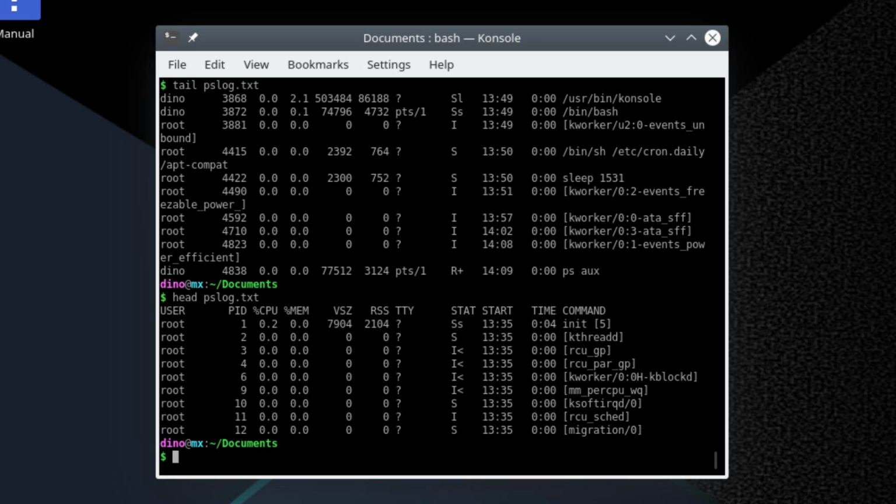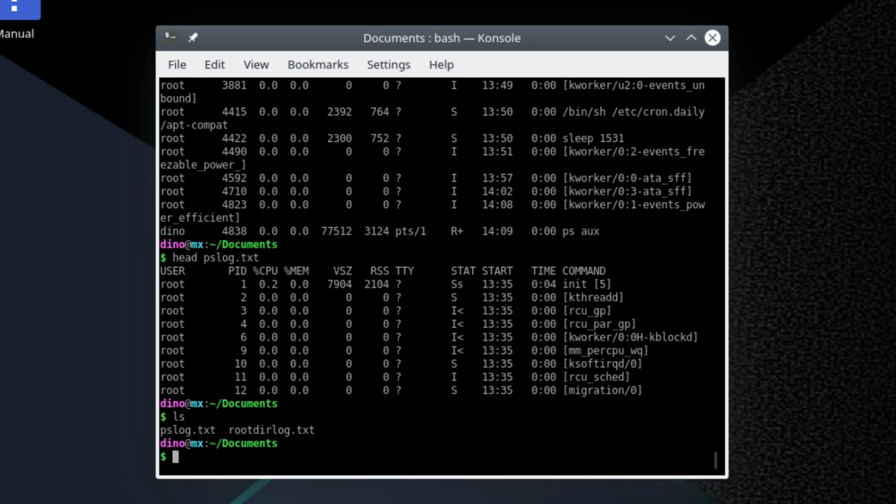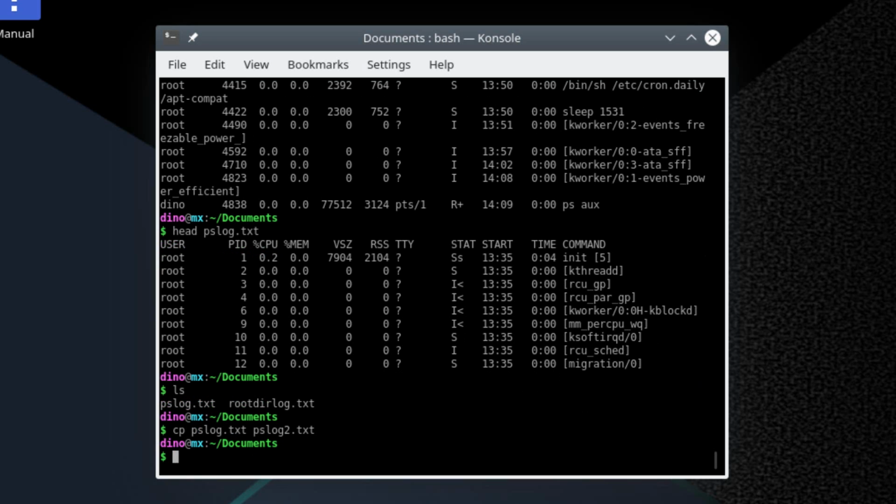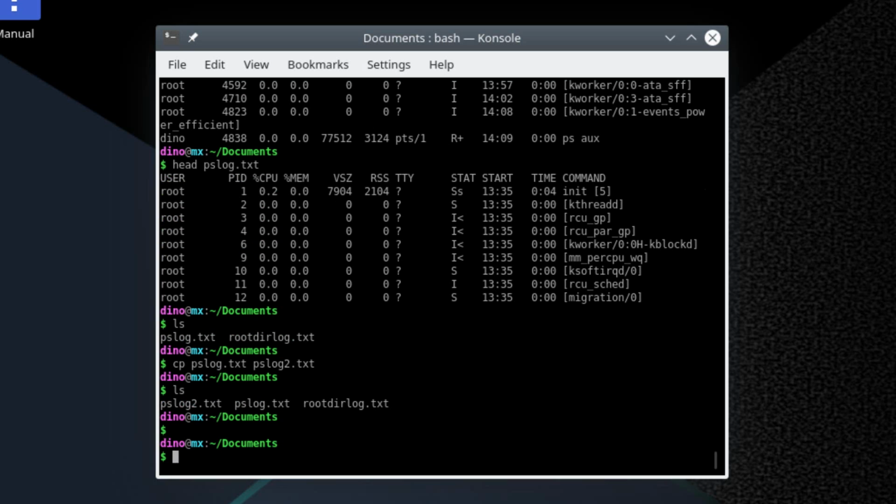So that's pretty cool. Now, let's go back and hit ls again. What do we have in here? So we have pslog. Let's say we wanted to make a copy of the pslog. We can go cp for copy, and we can go pslog.txt, and we're going to name it pslog2.txt. We can also copy it to another location by specifying the full path to that location that we want to copy to. So we'll hit enter here, and if we hit ls again, you'll see we have a